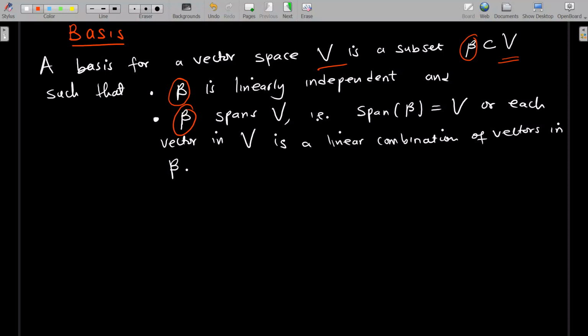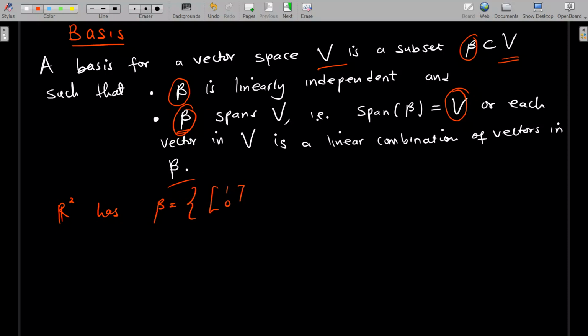beta spans V. I've mentioned in one of our previous videos that when we say something spans a vector space, it means every element you have in V can be written as a linear combination of vectors in beta. All right, that's what I mean. Or each vector in V is a linear combination of vectors in beta, right? So maybe an example is, the basic idea is R2 has a basis